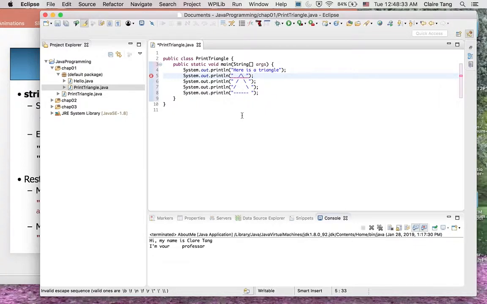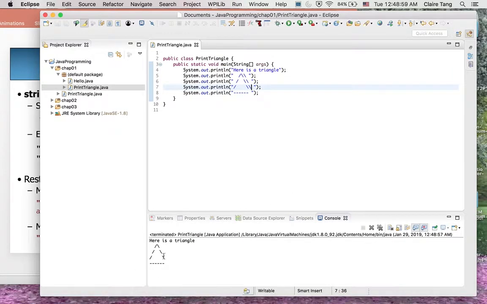In order to print the backslash, we have to write backslash, backslash. The first backslash just indicates that the character following it is a special character. So this is the way we print the backslash. Now, if I run it,